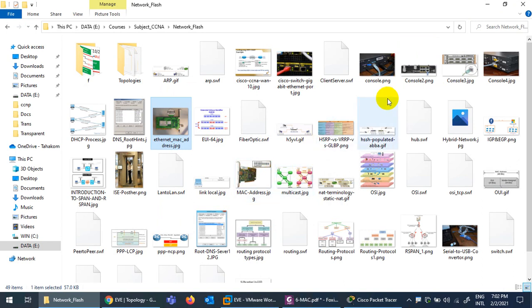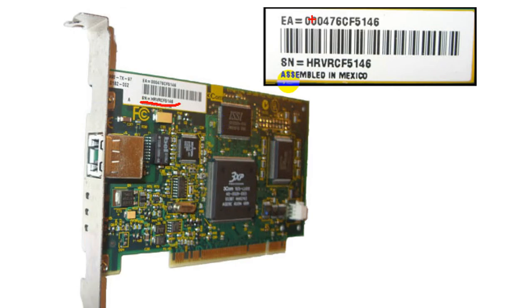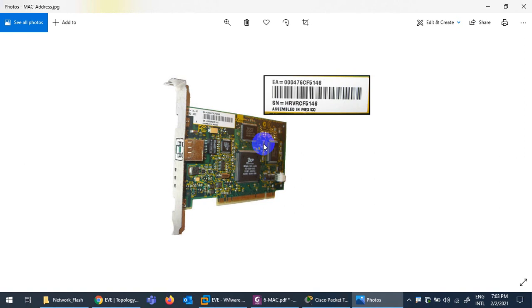And maybe if there is a close one, I can show you. In this picture there is another one. Here is the MAC address in hexadecimal. Hexadecimal means digits from 0 to 9, and then A, B, C, D, E, F. There is binary, then octal, then hexadecimal and decimal numbers. So this MAC address is burned on the LAN card physically, and that's why we call it a physical address as well.